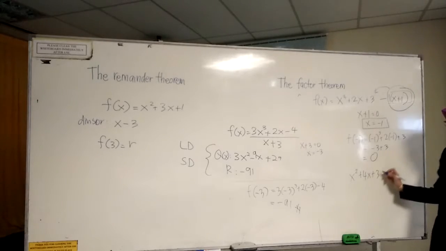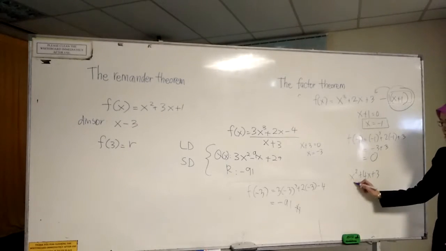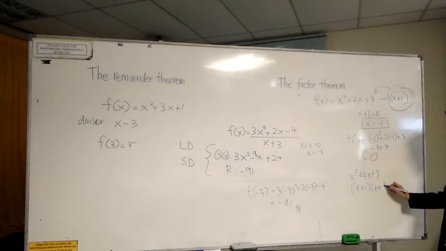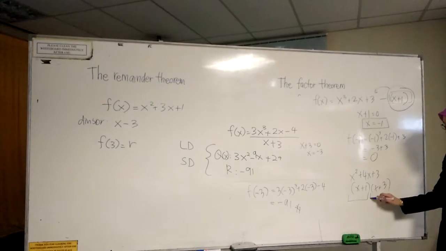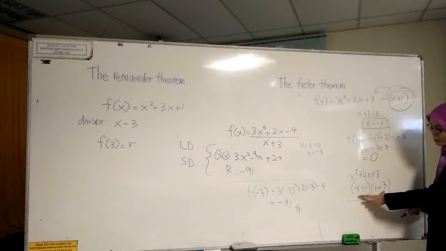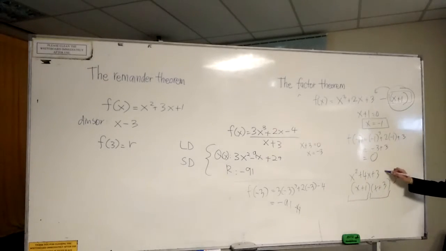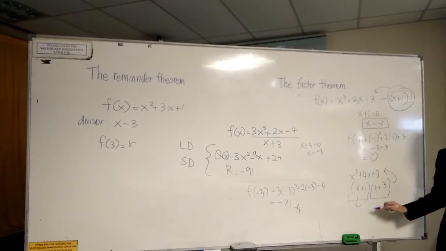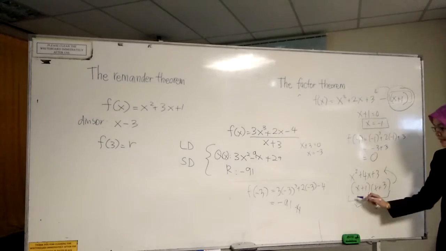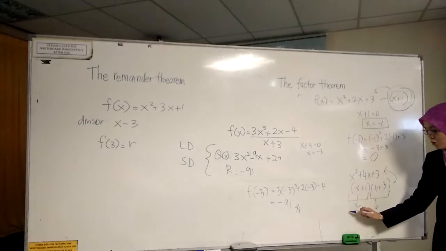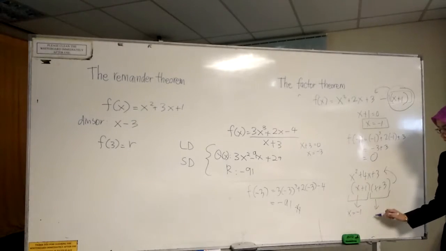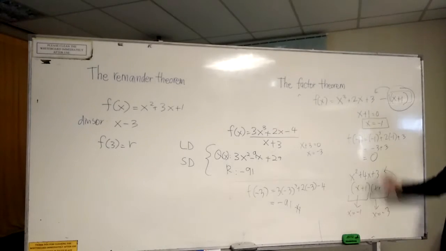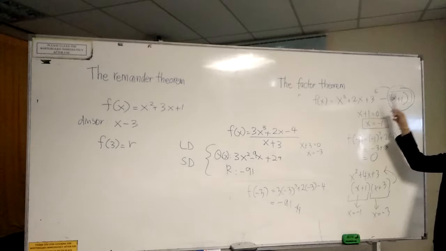Using factorization or the quadratic formula, you get this pattern, which is just now x plus 1 and x plus 3. This we call a factor. When you multiply these two factors, you get back your quadratic equation. From the factor you can find your roots by letting x plus 1 equal to 0, then you get the root x equals negative 1 and then x equals negative 3. So now you understand what is a factor. What I say, when we substitute